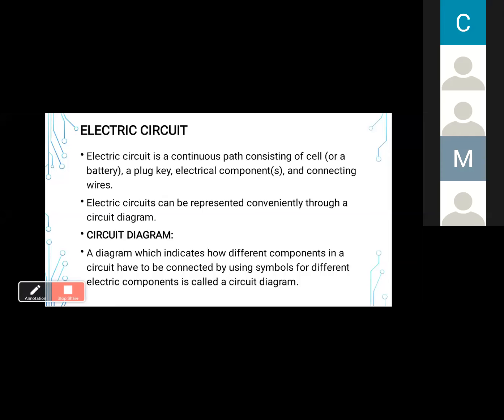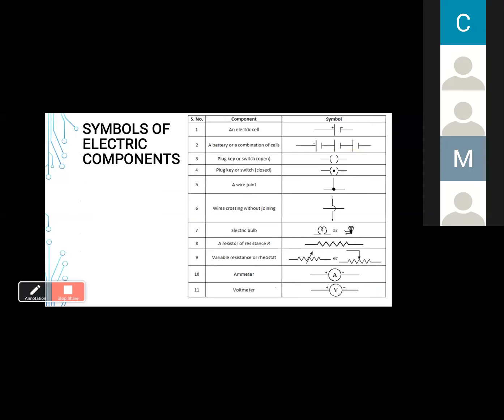We have different symbols for different components, and only those symbols we draw. In 8th standard also you must have learned some symbols of the components. These are the symbols that we'll use for the different components. In an electric cell, the longest line is positive and the smallest line is the negative terminal. A combination of cells is known as a battery. Here, 3 cells are connected in the battery. How many cells there are in a battery, that number of cells you will draw.